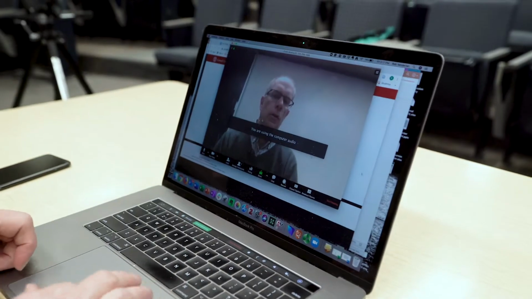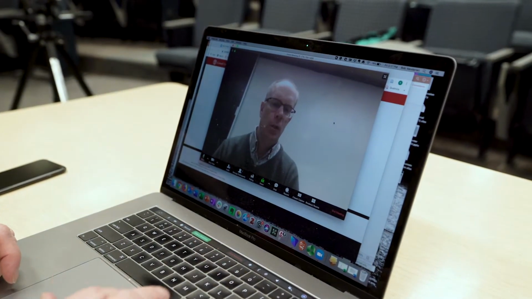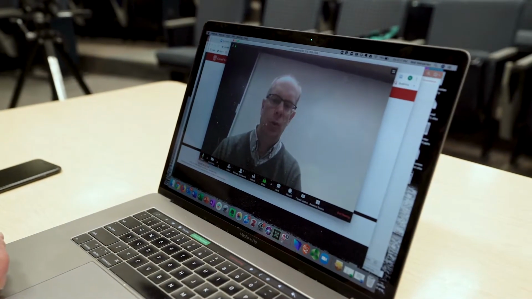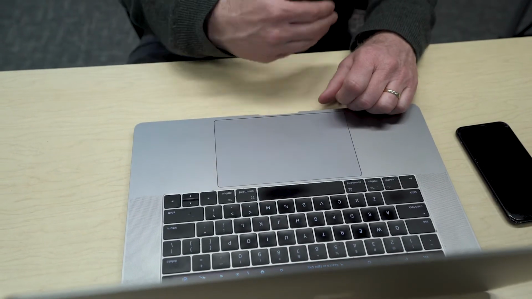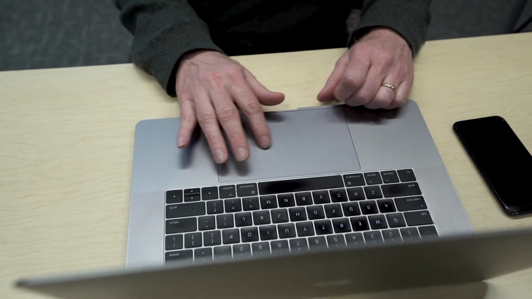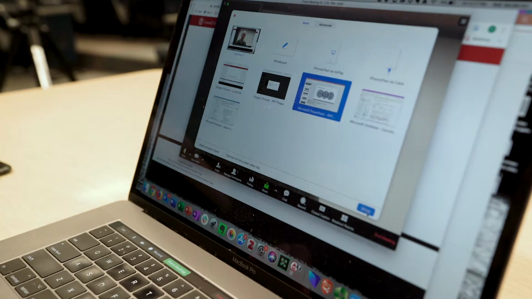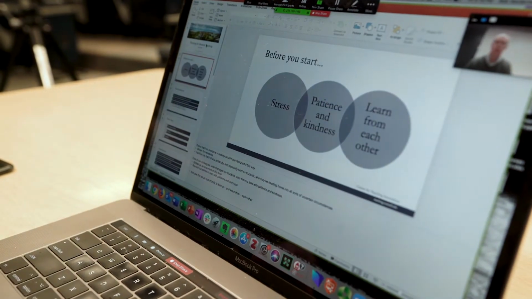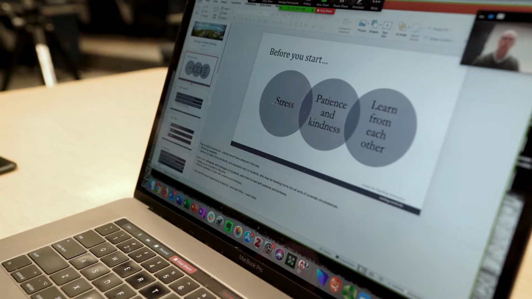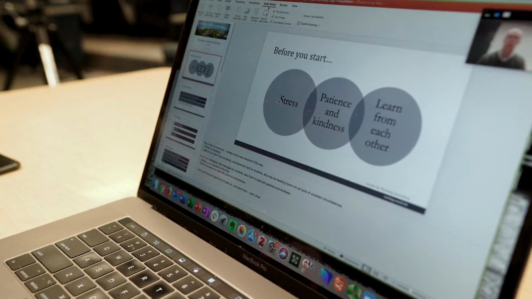Online, we can replicate almost all of the best features of even a very interactive classroom. So here I am in a Zoom session. Obviously there are no students in it, but you can see the controls along the bottom. First thing is I can share my screen and I can share specific things. So here I'm going to share a PowerPoint, actually the PowerPoint that I was delivering earlier. We can use that to walk through slides.